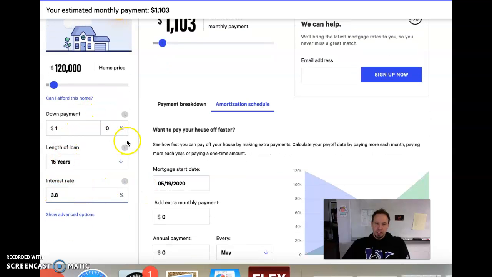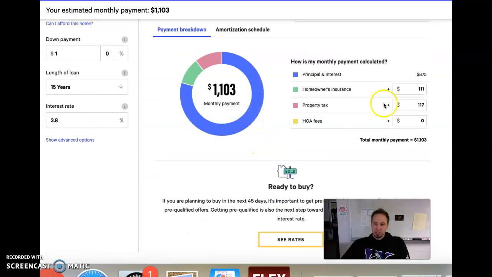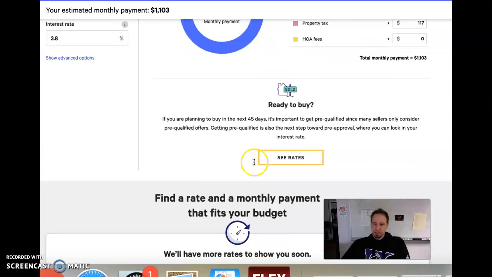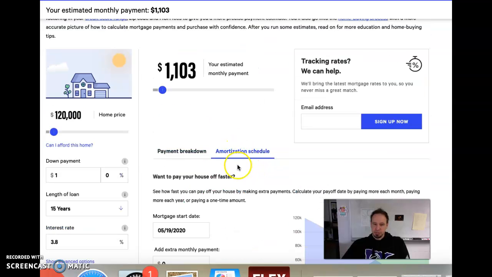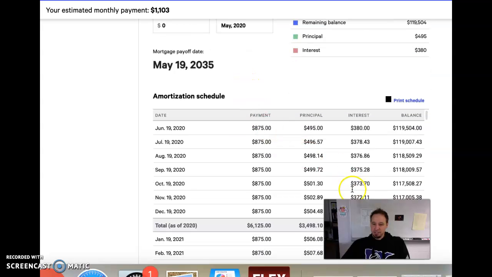So here we go. We've got our new payment there. I have no down payment on this one. I hit the amortization schedule. You can see there's my payment plus interest, homeowner's insurance, property tax. Obviously a less expensive home, less in taxes, less in insurance. But I've got my payment. And here's the big difference that you should be able to see: the amount of interest on a 15-year loan